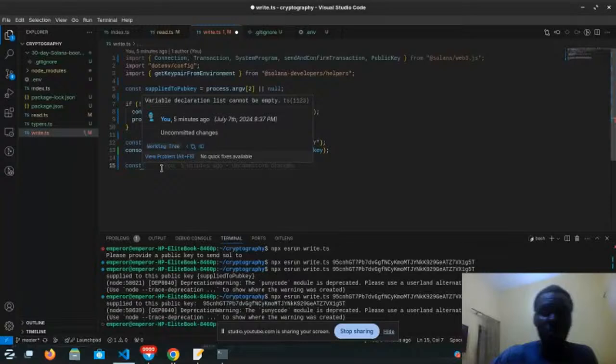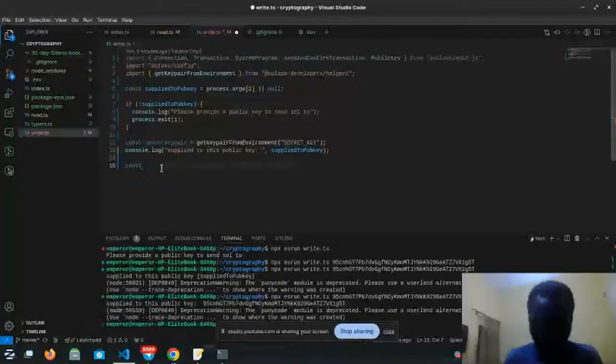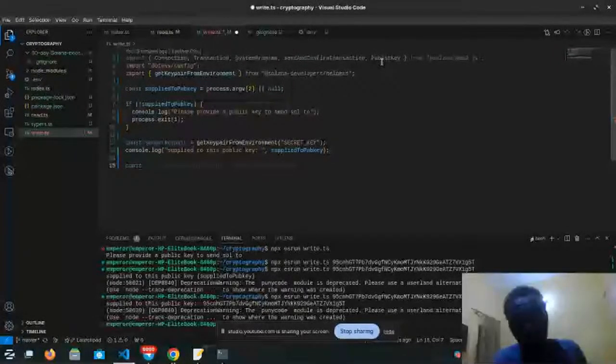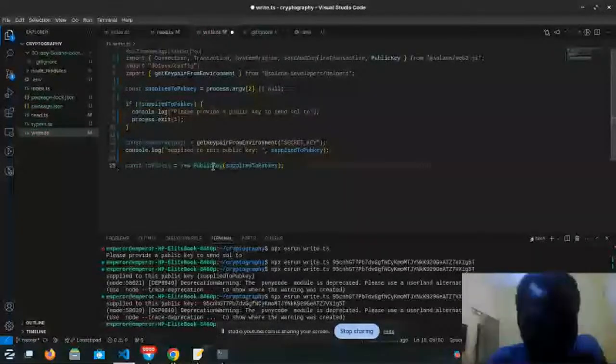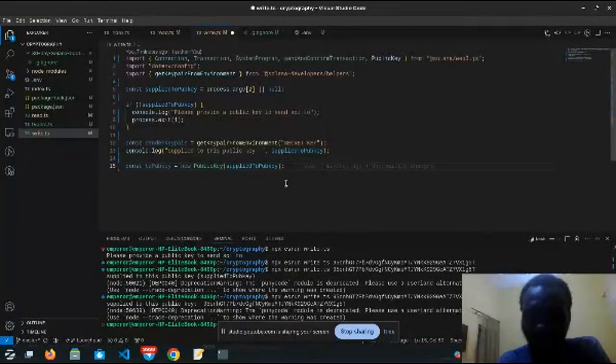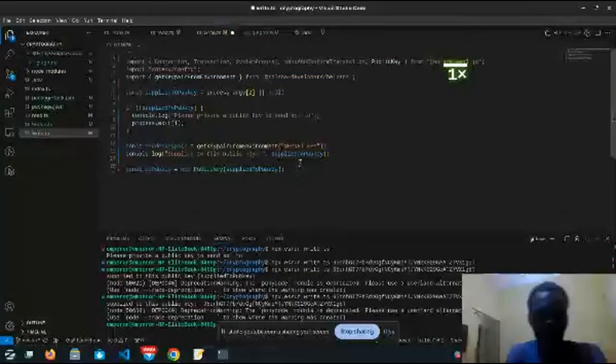So I will just initialize a new instance of this PublicKey function. This PublicKey function is actually an object, because it has other functions embedded in it. So now TypeScript has known the key, based on everything we have imported here. What we are sending, we cannot just send any number or anything. It has to be a